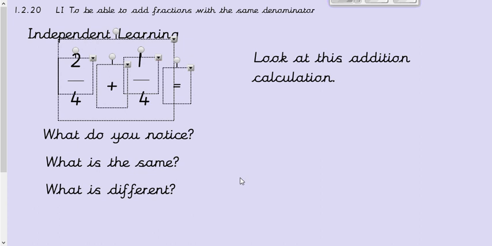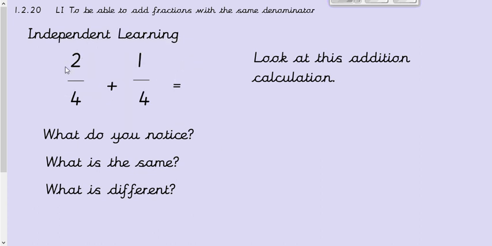So I have, if I can get this off, 2 quarters, add 1 quarter. So what do you notice about these fractions? What's the same and what's different? If you have someone there to chat to, pause the video and have a chat. What's the same and what's different about them? So by looking at these, I've spotted that the denominator is the same. They've both got 4 on the bottom. However, the numerator is different. Okay. So when we are adding fractions, as long as the denominator is the same, we can just add the